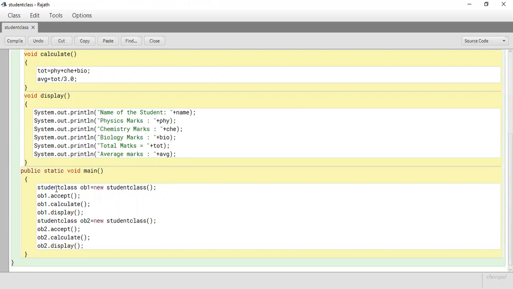I would have created only one object. Then you feel, why should I create a class separately and an object separately? If a class is ready, I can create any number of objects. Means if I'm ready with the class, then I can accommodate any number of students in my class. For example, now you two are there. If 100 students want to join here, do I have any problem? No, sir. I can just put them inside my class whenever they come. So that is the concept of it. They are all objects of my class. I think this is a clear example to understand the difference between a class and an object.